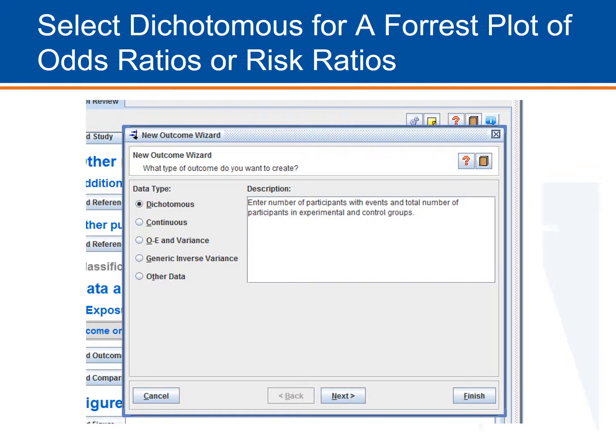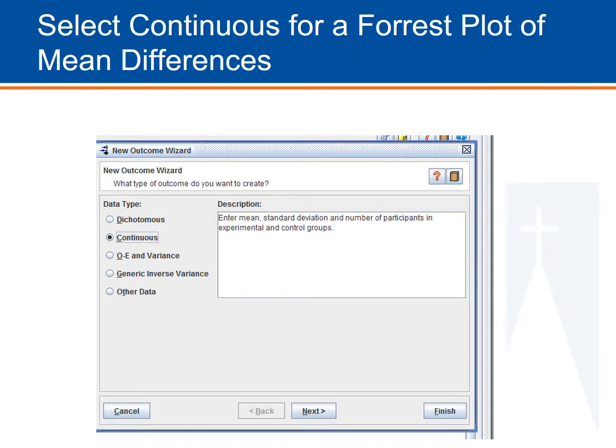You need to enter the number of participants with the event, the outcome, and then the total number of participants in the experimental and the control groups. So that's the option for dichotomous. You also have an option to enter information